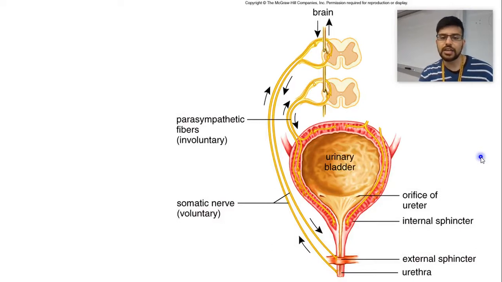There's your bladder. You have two different fibers, the parasympathetic fibers that are going to your nervous system through your spine. You have no control over that. You do have the somatic nerve, however, which is connected to the external sphincter, which you can stop the pee from coming out from. But that can be overridden by your brain if it feels like it needs to.